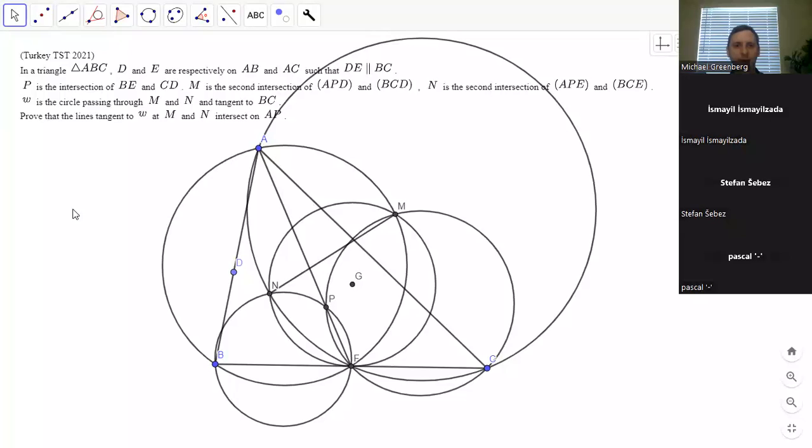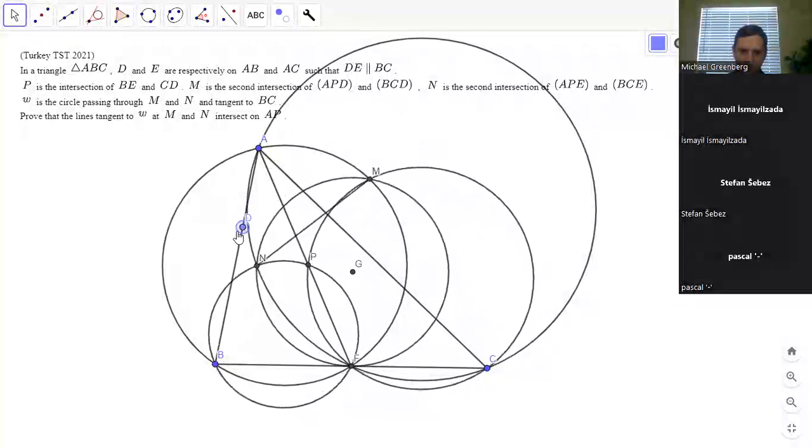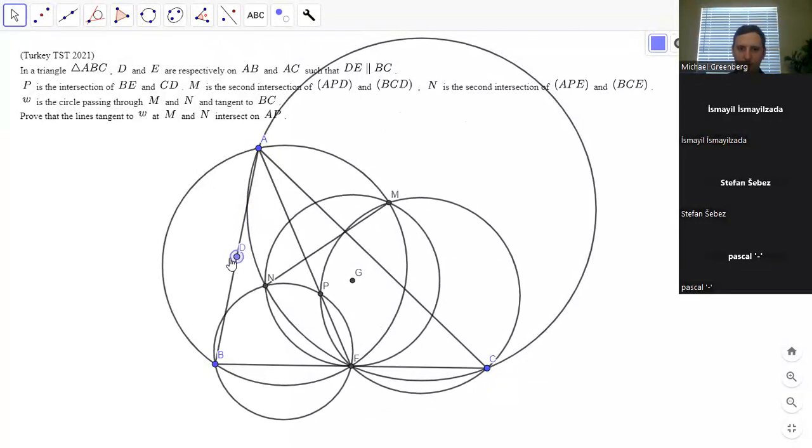Yeah, I like the idea of getting rid of B and E. I feel like that helps a lot. But I wonder, is it obvious for a special case of P? If P is like the centroid,